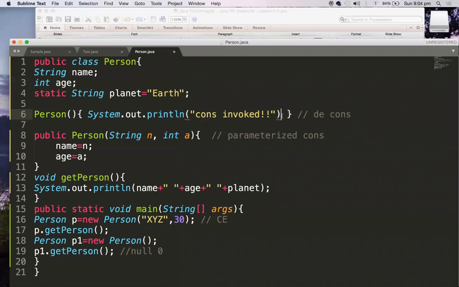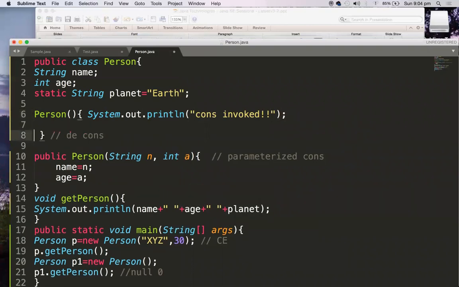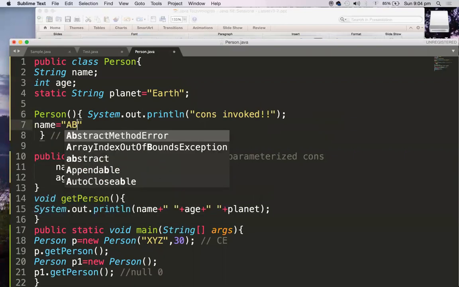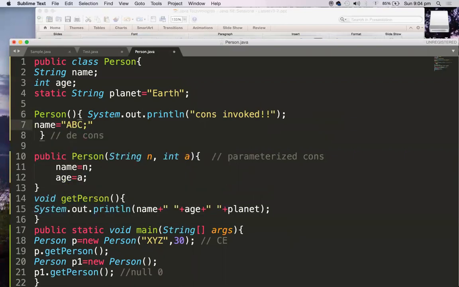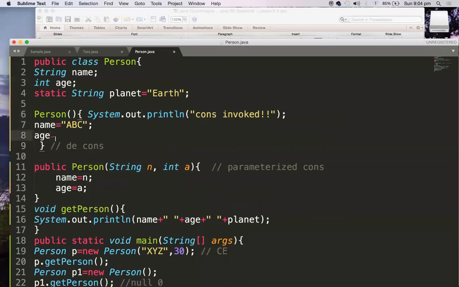And if you also want to assign some values to this particular person, what you can do is say name equal to ABC, and then age equal to 25. So this is also possible. In the default constructor, you are assigning some literals: a string literal to string name, and an integer literal to age. So this is also fine.